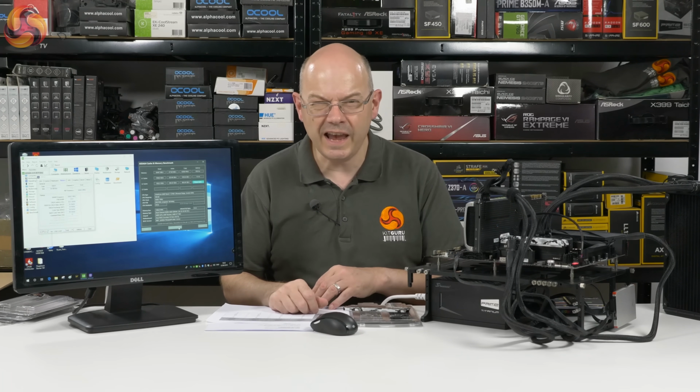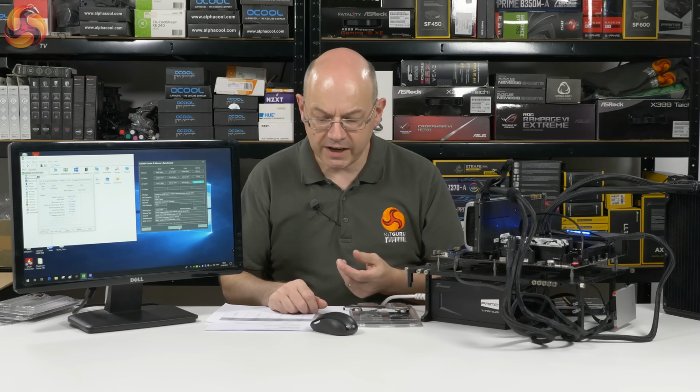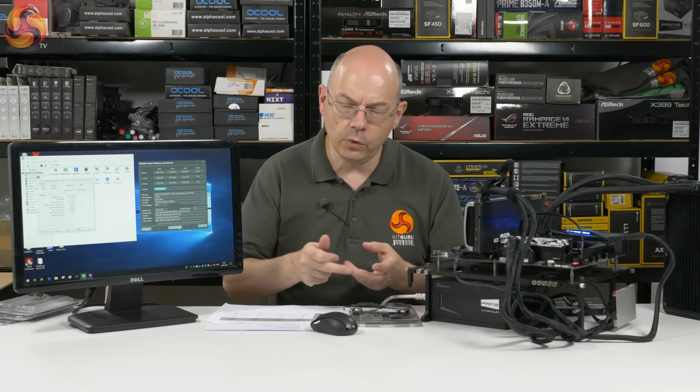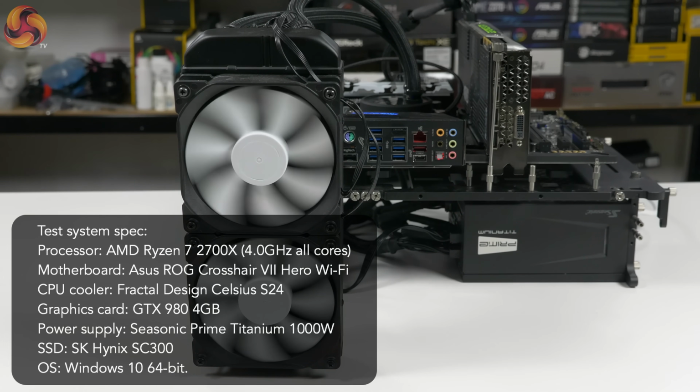On paper, the Sniper X 3400 actually looks like a fairly poor move, but these figures prove in a pure synthetic memory test, actually going from the 3200 Flare X up to 3400 Sniper X on a Ryzen 7 platform, that's a win. To give you the full rundown of our test system, we have an Asus ROG Crosshair 7